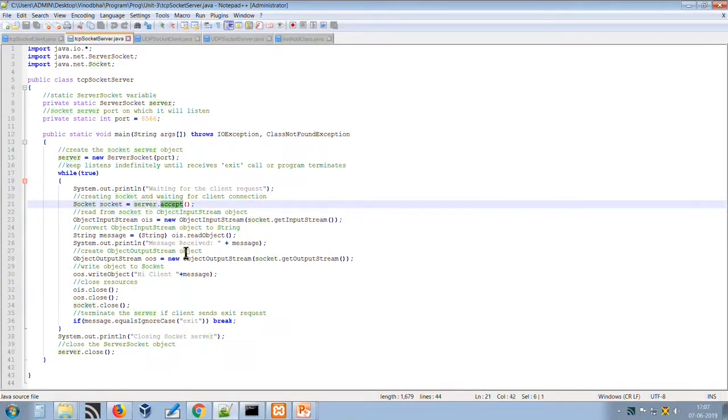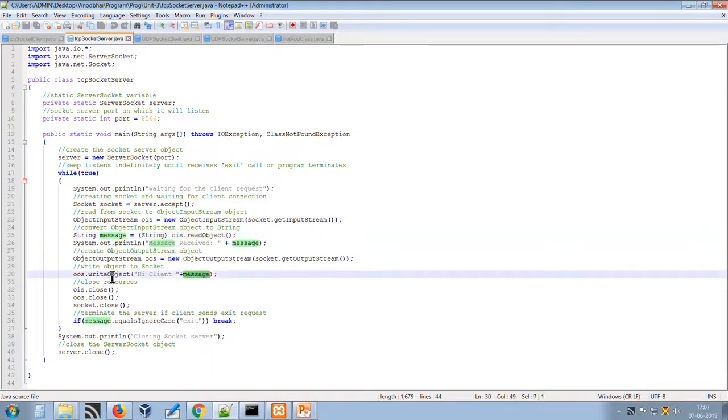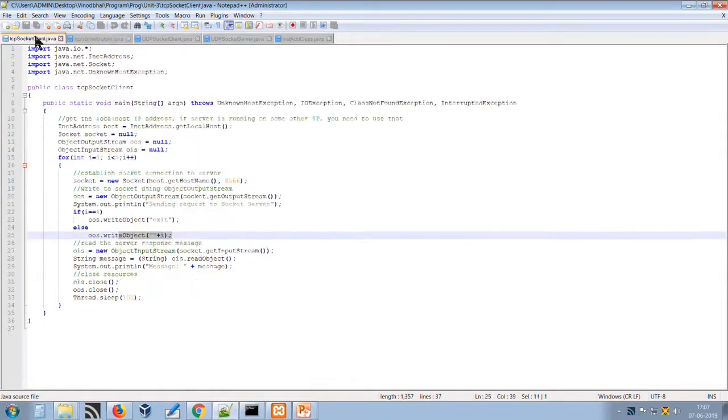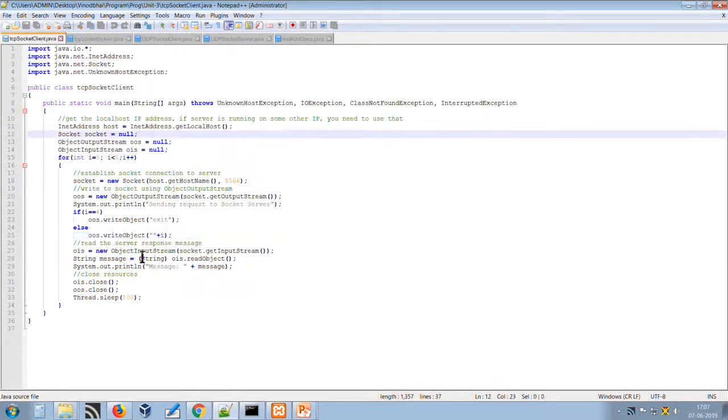The accept method indicates that the server is continuously listening for incoming requests. Once a request arrives, it accepts it and reads the data sent by the client using the socket.getInputStream method, and displays it using the readObject method. Then it writes the same instance back to the client as a response using the writeObject method. So the client uses the input and output streams to read the variable from the for loop and send it to the server.